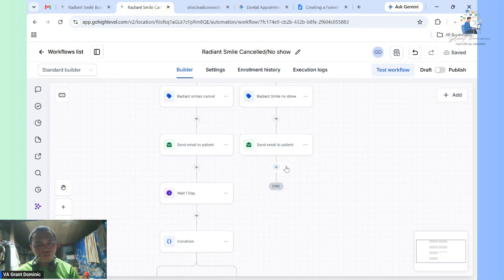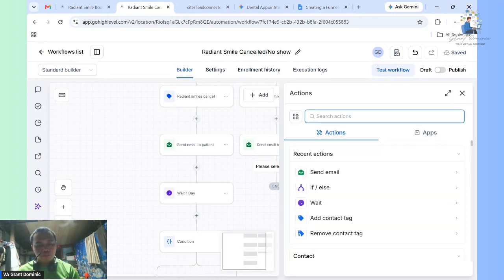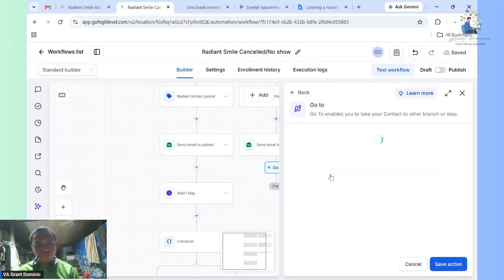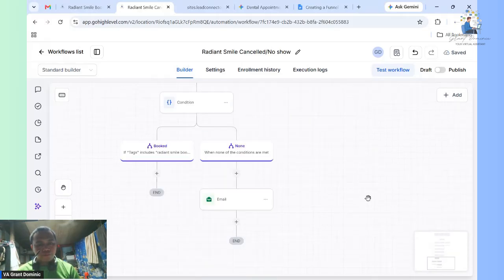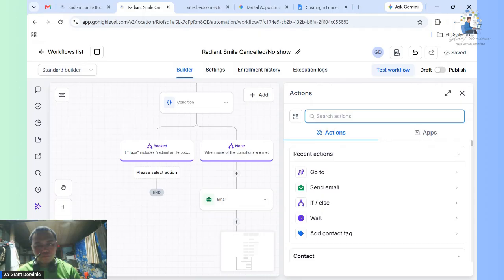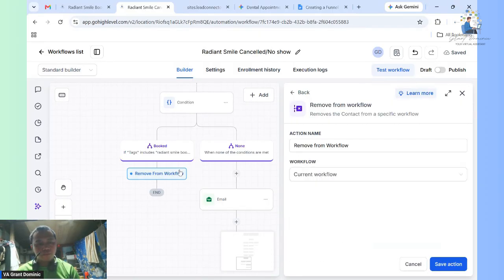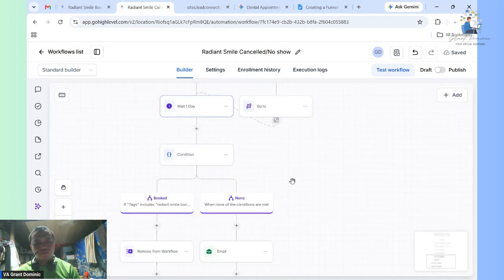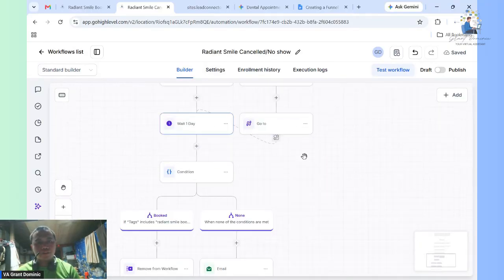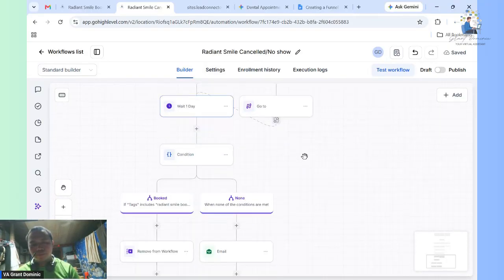This is the same procedure. Click it here and remove from workflow. Save action. So we've already created the cancelled no show, so there will be an automated email for them.